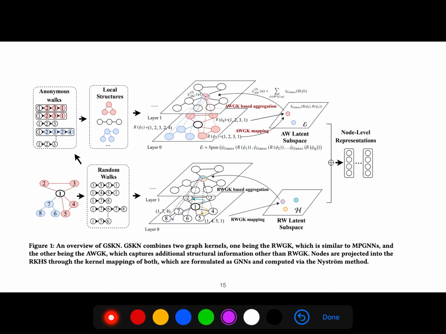This is an overview of the architecture that combines two graph kernels, one being RWGK and the other being AWGK. So nodes are projected into the reproducing kernel Hilbert space through the kernel mappings of both, which are formulated as a GNN. The idea is very nice, but it is not bio-inspired.